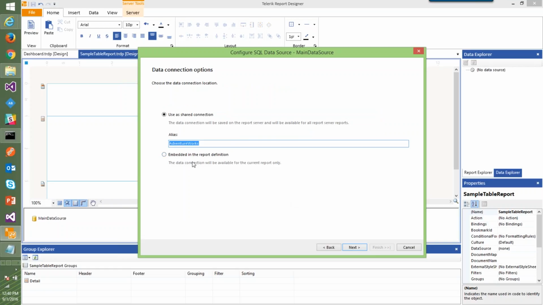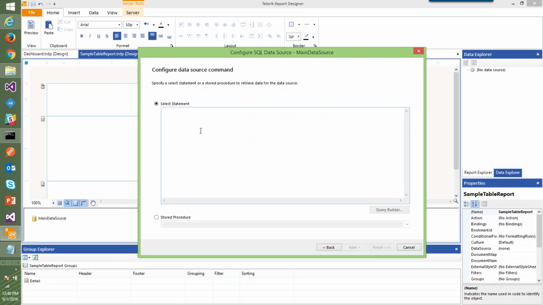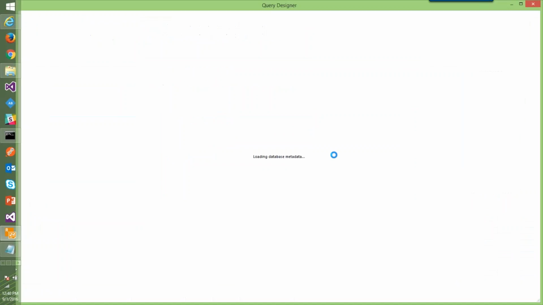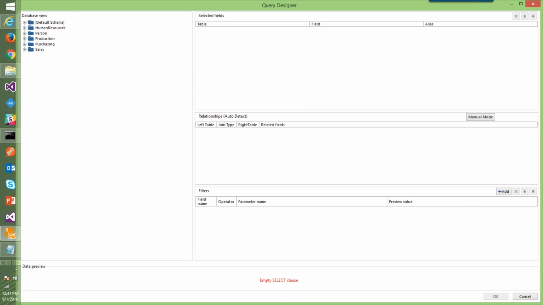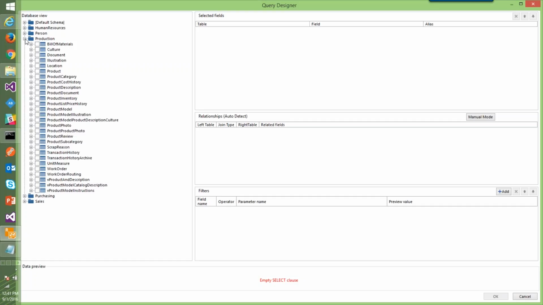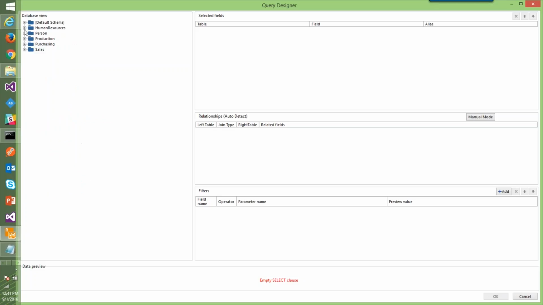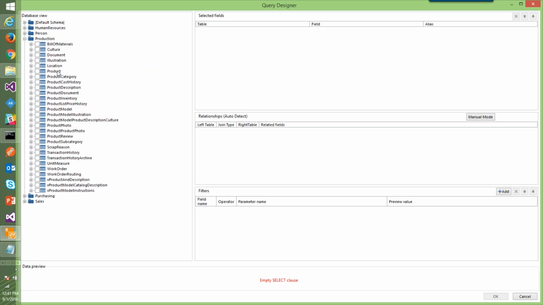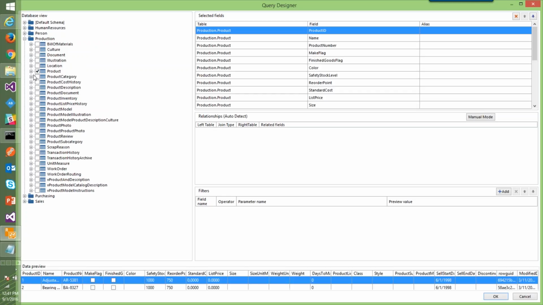What we can do is we'll say yes, and then it is asking me for a select statement, but I don't know what tables are there. So I will say query designer, and this is the schema from the database. So I'm going to select production, and where is a customer? This should be a person. It's going to be completely different. So what we're going to do is we're going to select the product table,